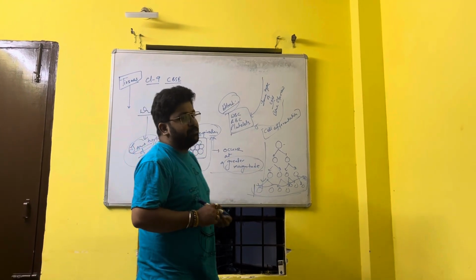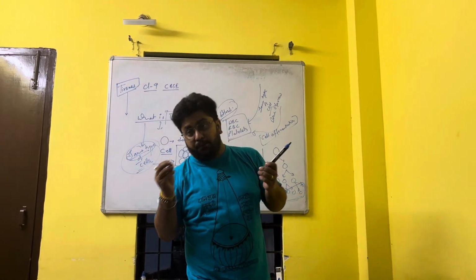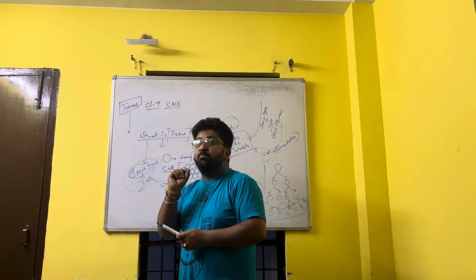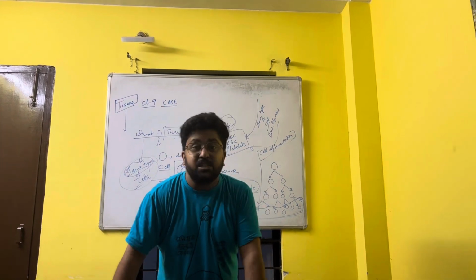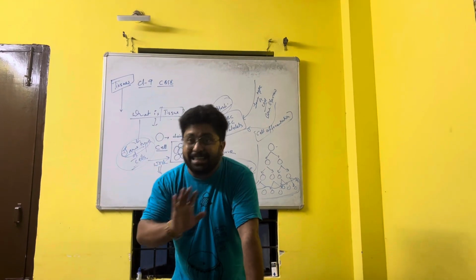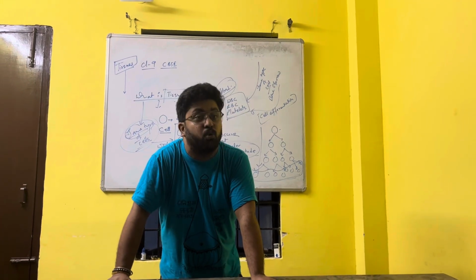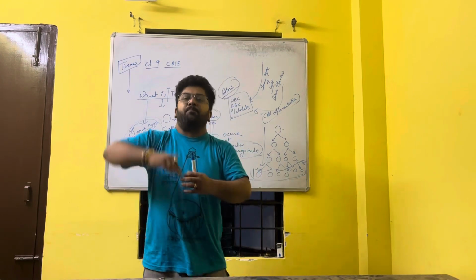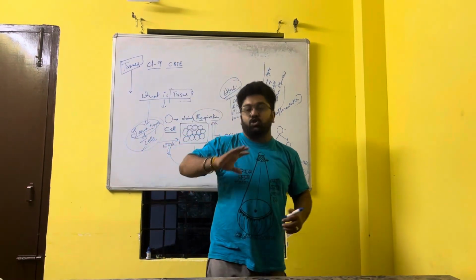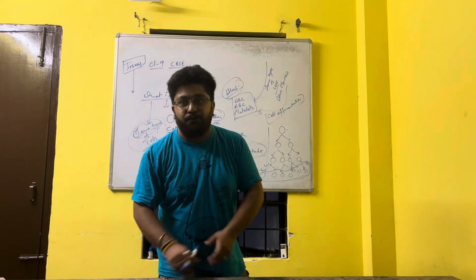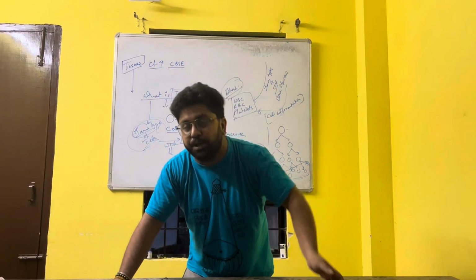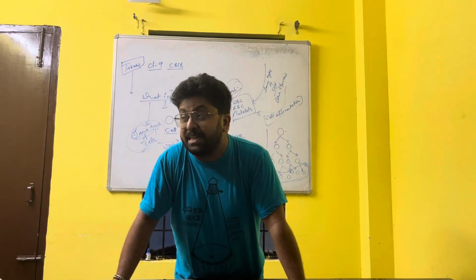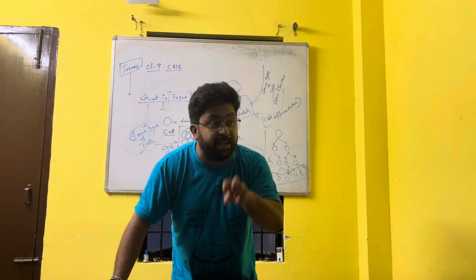Another example of this can be found in plants. In plants, there is a type of cell known as meristematic cells. These meristematic cells are dividing cells, and they form a group of tissue which divides and makes the plant tall and fat and so on. We'll go into the details in our upcoming videos. But you should also understand that from the meristematic cells, they differentiate and become parenchyma.